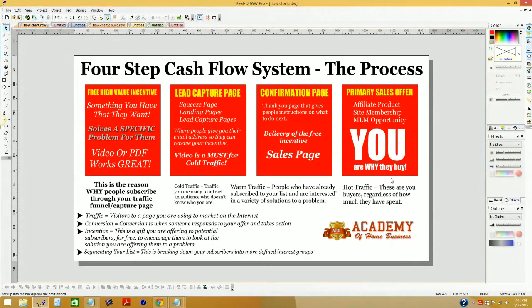Now, primary sales offers are usually something that you want to build into your marketing system somewhere between 5 and 7 messages into your system. And the reason that you don't want to promote it too early is because it can be a huge turnoff for people. But if you've shown them in this part of the process a really cool way to solve their problem, if this offer with a price tag on it can solve that problem for them bigger, better, and faster,